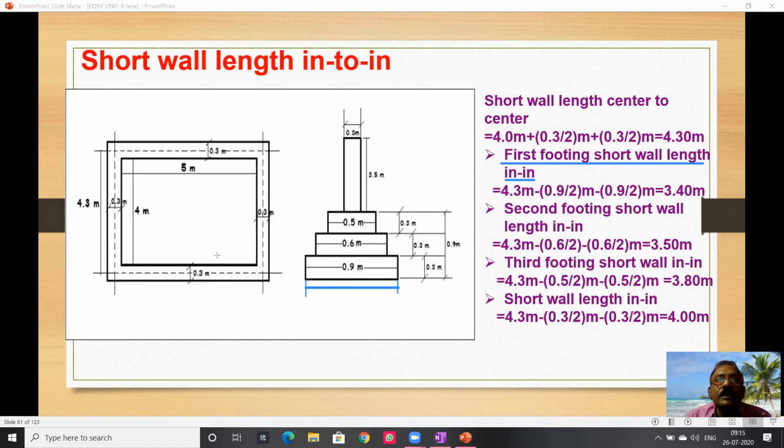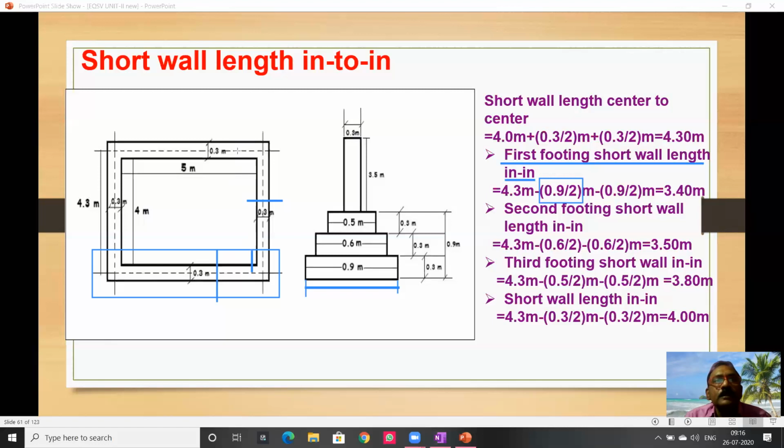You have to observe this cross section. Cross section may be different. Suppose in this cross section you have 1.2, here you have to take 1.2. So listen carefully, in the transverse direction of the foundation, suppose this is 1.2, already you will excavate like this. So from center, how much do you take? This 1.2 minus 1.2 by 2. We have to subtract from center to center.